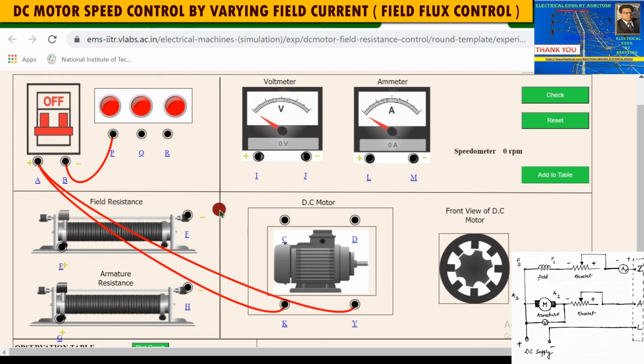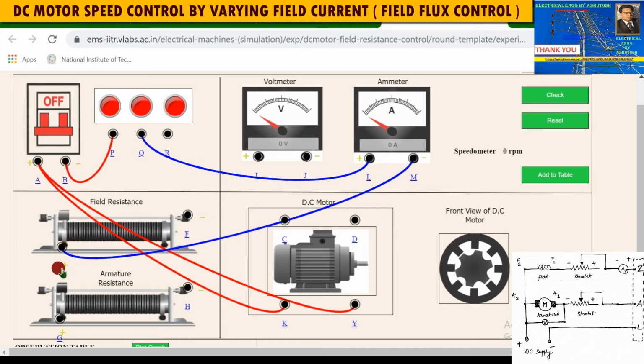Now see guys, this is the field terminal. Take this terminal from here to the ammeter's positive. Q is connected to L, meaning this field point of the 3-point starter is directly connected to the ammeter's positive. Then this is the ammeter's negative. Take this point from here and connect it to the field's plus point, E. This is E, this is F, and the plus and minus points are connected to F1, to the D point. This is the D point, meaning the field 1 point. So the field is connected, and then connect the armature.